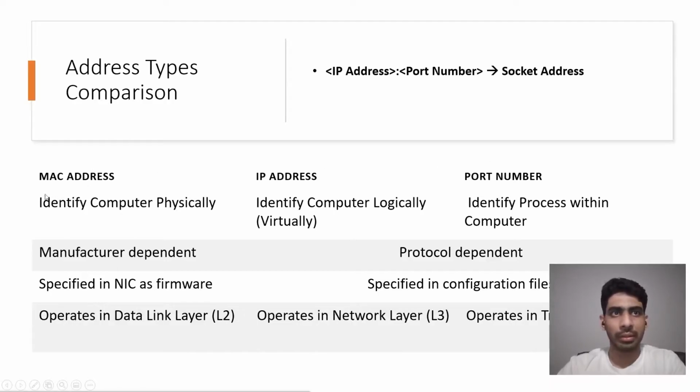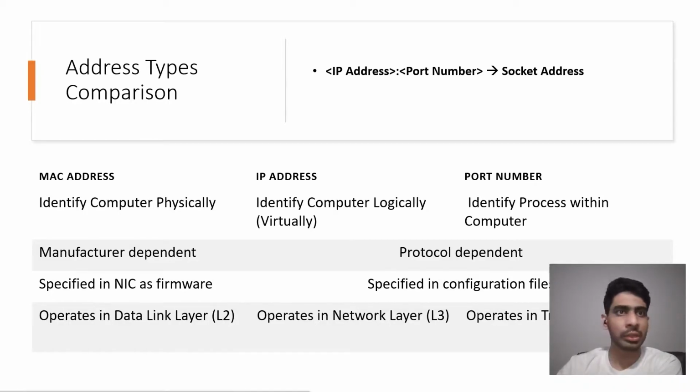MAC address is used to identify the computer physically within a network, and IP address is used to identify the computer logically. As I told you earlier in that slide, MAC address is bound to that device physically, while IP address is logically bound to that device, and it can be mutated according to the situation. Port number is used to identify the port in each computer. Port numbers range between 0 and 65,535, and we'll be learning that in the next lesson,